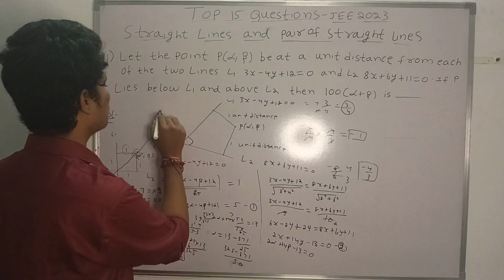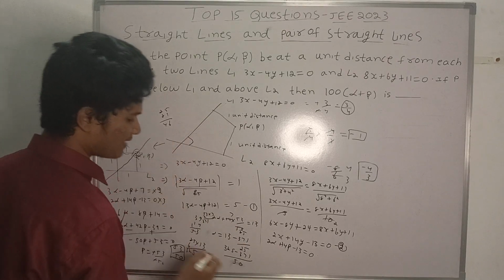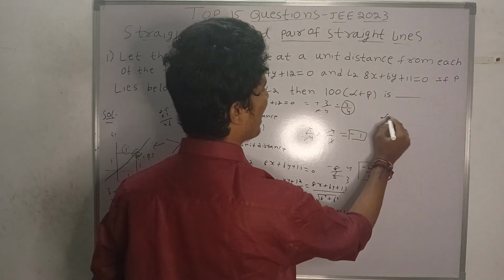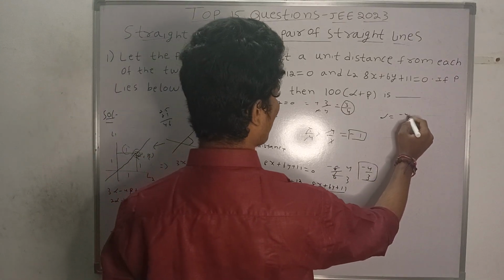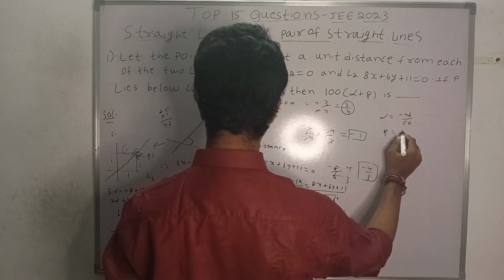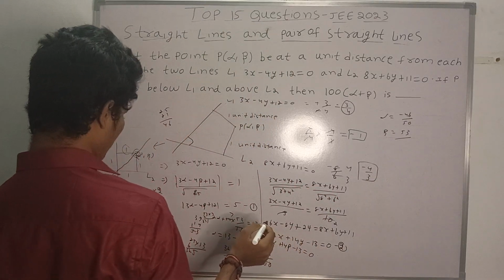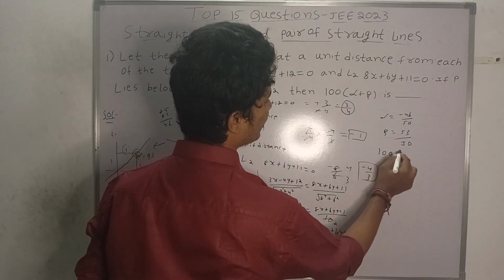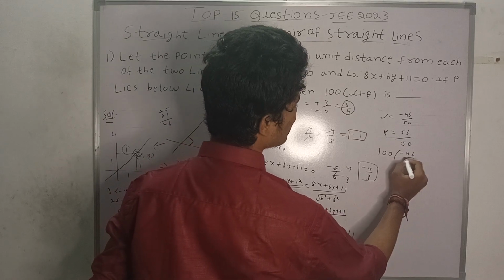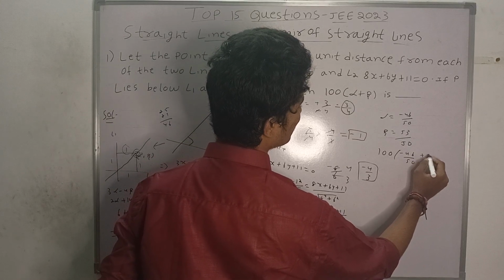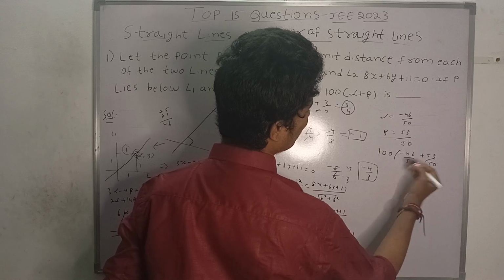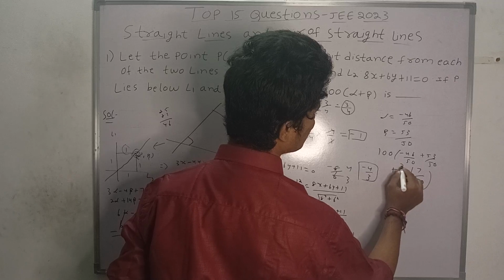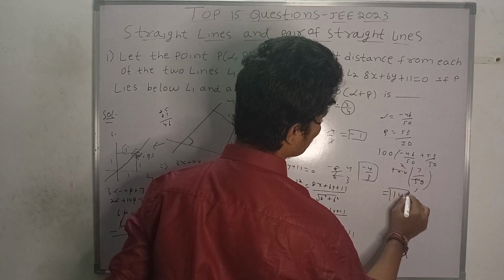25 plus 21, it is 46, that is minus 46 divided by 50. So this is alpha. Finally I got alpha equal to minus 46 by 50 and beta equal to 53 by 50. They are asking 100 into alpha plus beta. 100 into what is alpha? Minus 46 by 50, and what is beta? Plus 53 by 50. So when I solve this, that is 7 by 50, and multiplying by 100 gives 2, so the final answer is 14.